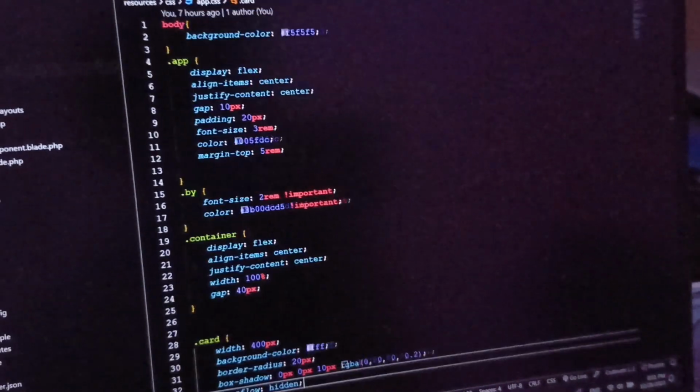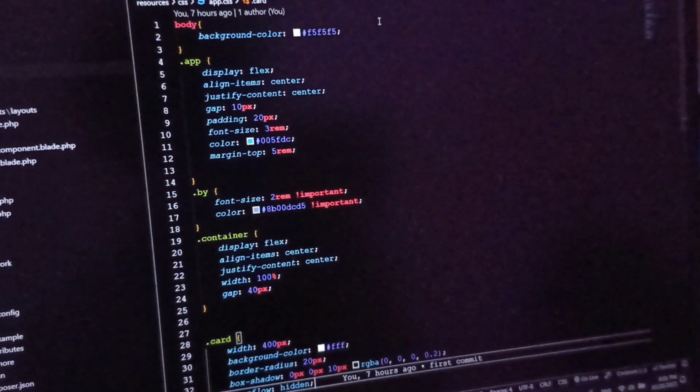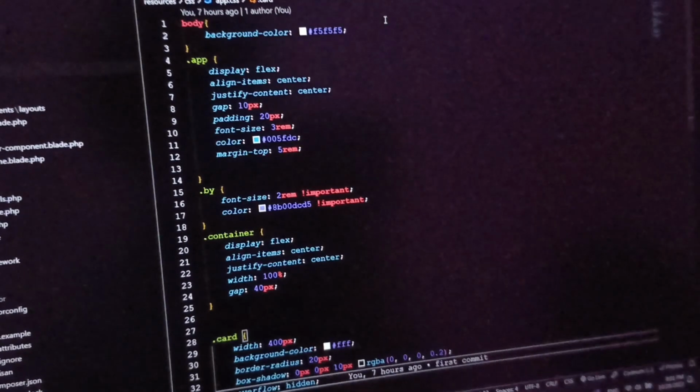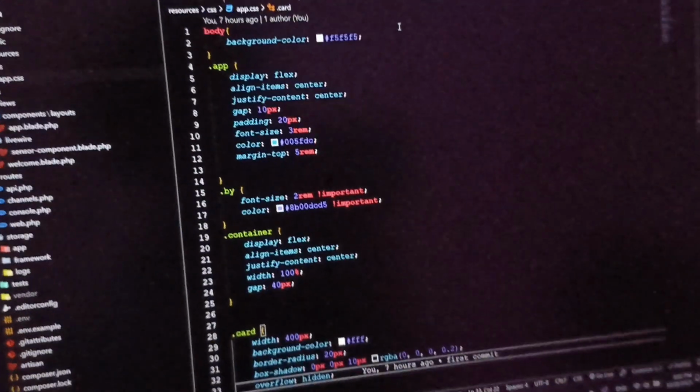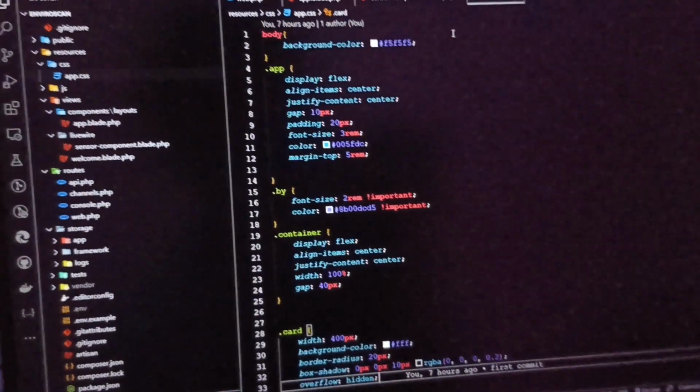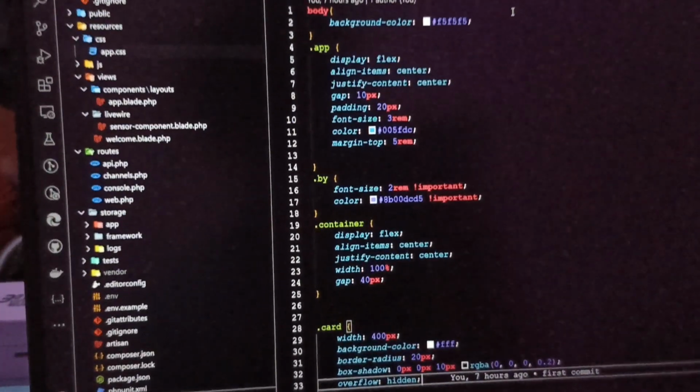And now this is the app CSS for beautifying the web.